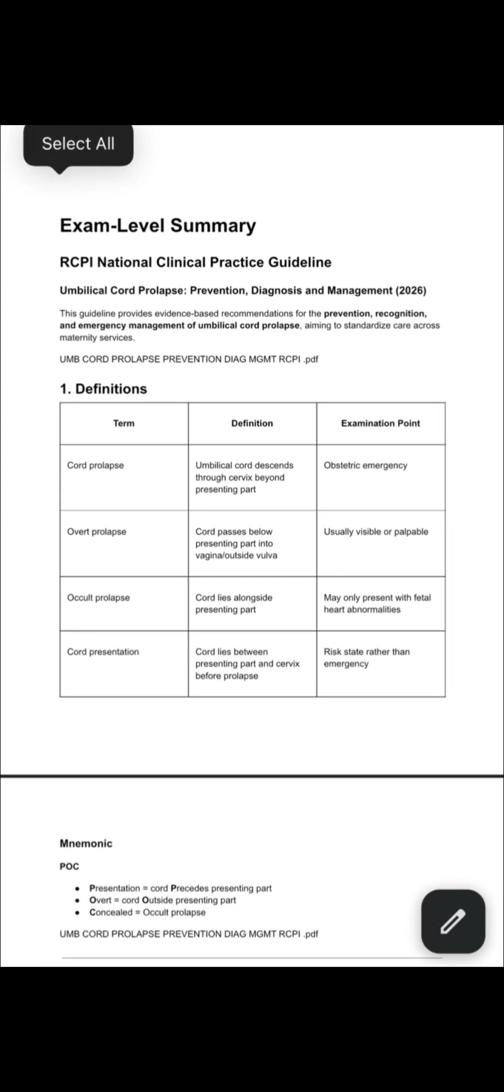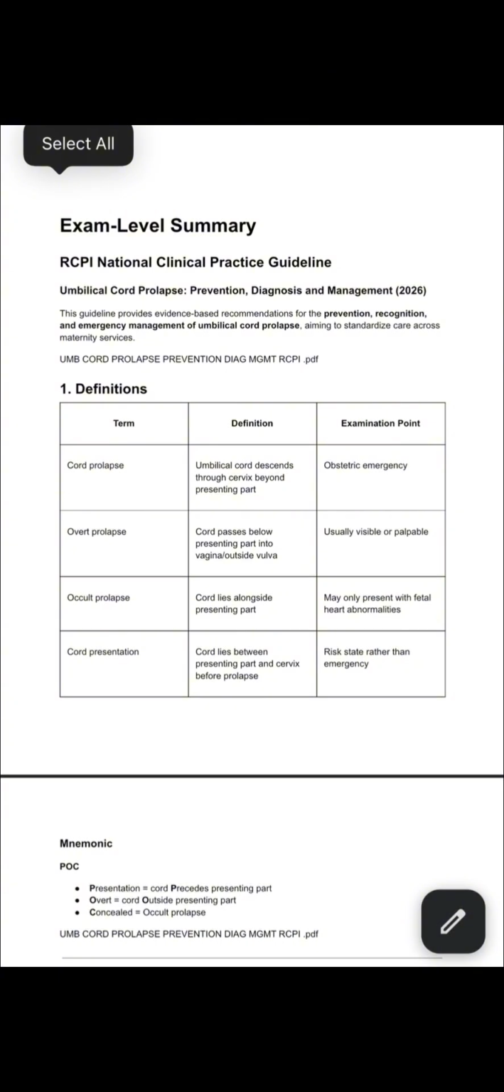The following is an exam level guideline summary for the latest umbilical cord prolapse guidelines 2026: prevention, diagnosis and management. The guideline provides evidence-based recommendations on these key topics. Umbilical cord prolapse. Cord prolapse is defined as umbilical cord descending through the cervix beyond the presenting part, and it